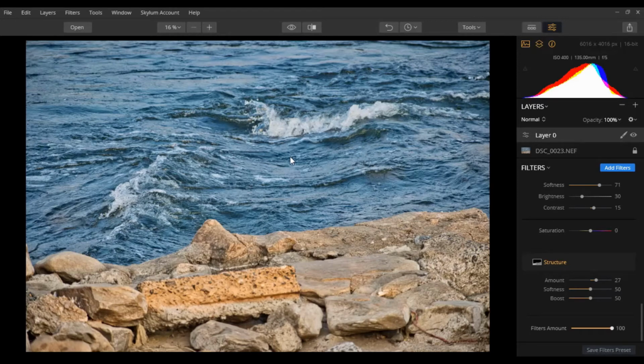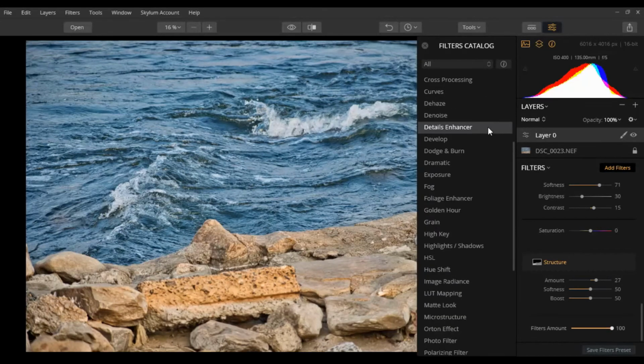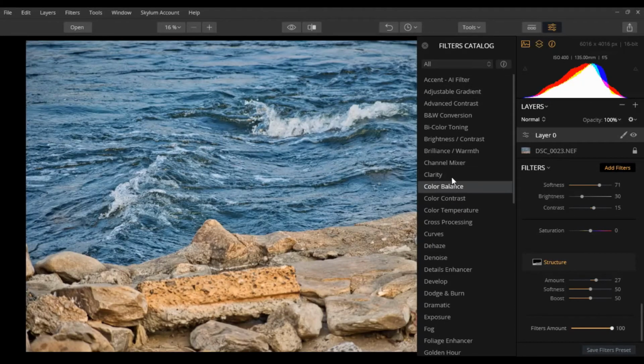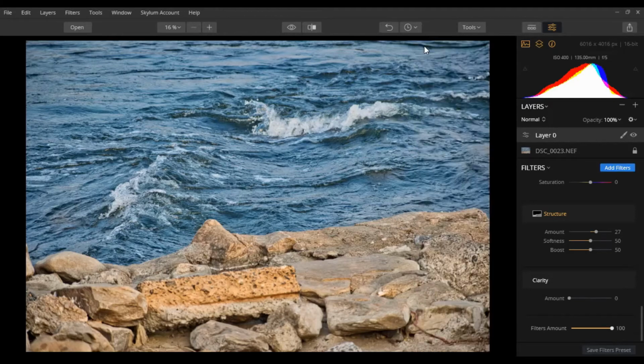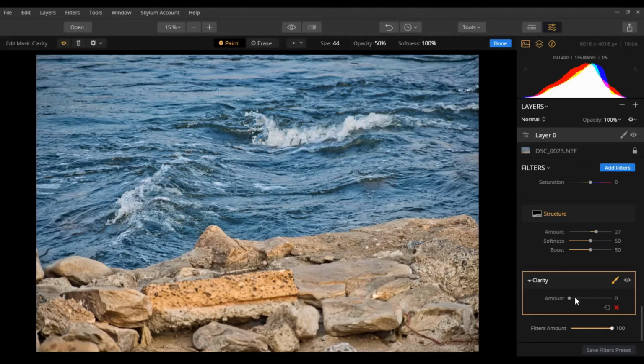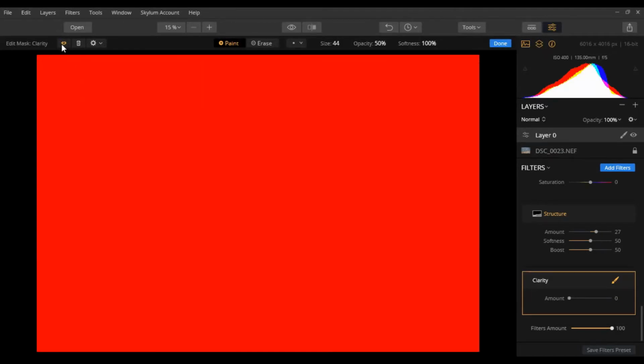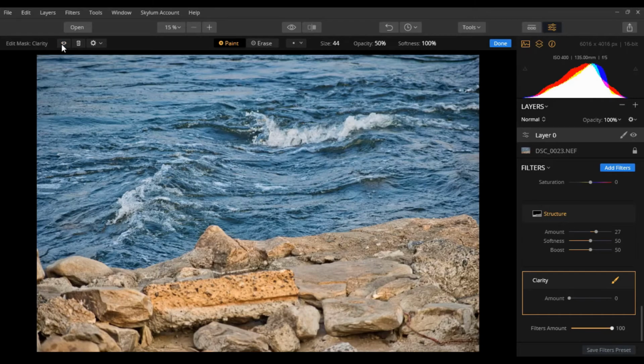Similarly, now let's go ahead and once again add clarity. Okay, but this time I want to apply this clarity filter particularly to these rocks only. So what I'm going to do is again click on this brush icon over here and choose brush. Great. Click on the red eyeball button over here and increase the brush size. Fine, this is enough,